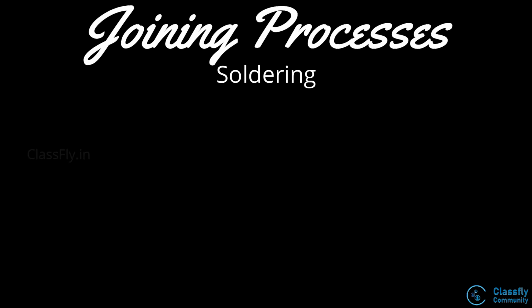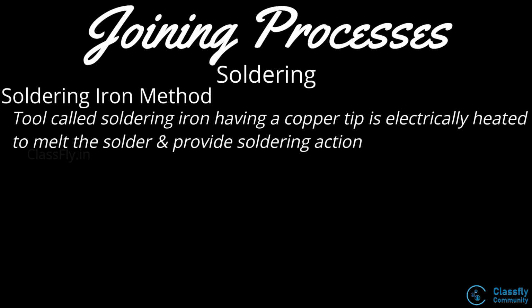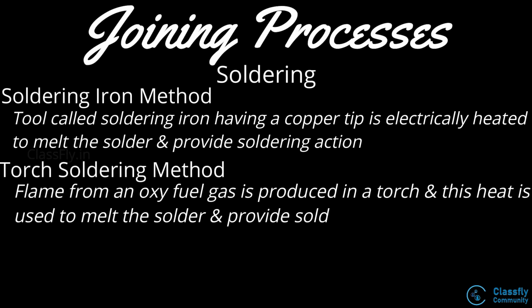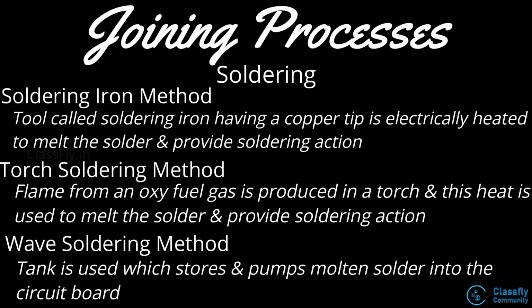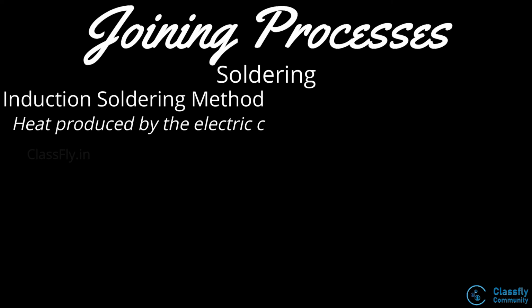There are different types of soldering, such as soldering iron method, in which a tool called soldering iron, which has a copper tip, is heated to provide the soldering action, torch soldering, where soldering is done using the heat provided by a flame issued from an oxyfuel gas, wave soldering, where a tank filled with molten solder is used by pumping a wave of solder at a predetermined height to the materials,